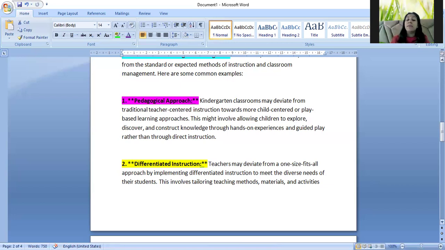Differential learning is the best learning approach which we can follow in the early years. They learn one single learning objective through four different activities, though they have not done the other three, because every child is in one single group only. But when they see it, visual learning also helps them understand that this is the way the activity can be done too. So this involves tailoring teaching methods, material, activities,